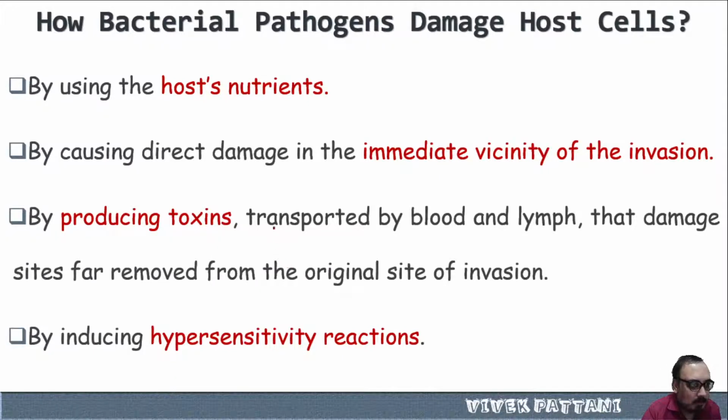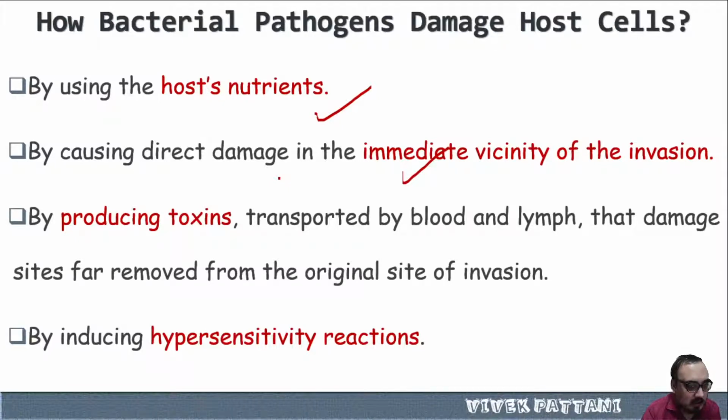So how do bacterial pathogens damage the host cells? They damage the host cells by using host nutrients. For example, some bacteria may produce siderophores which enhance their capability to absorb iron, due to which the cells of the body may get deprived of iron. The second one is by causing direct damage